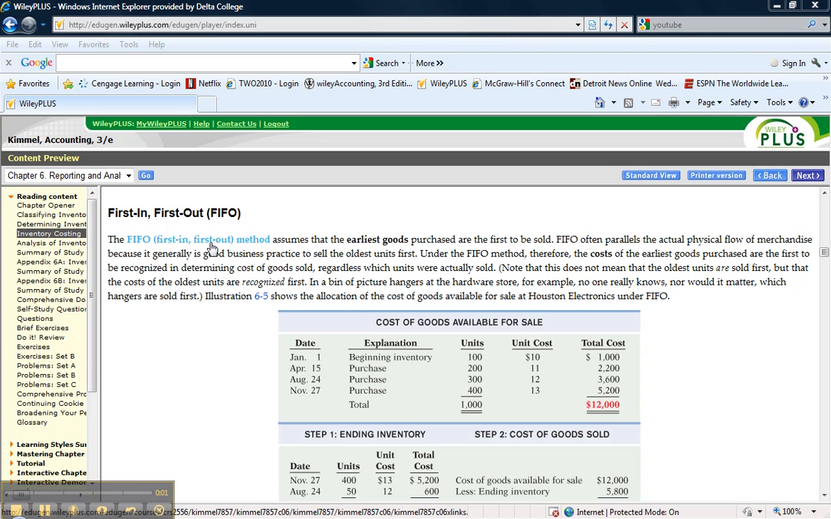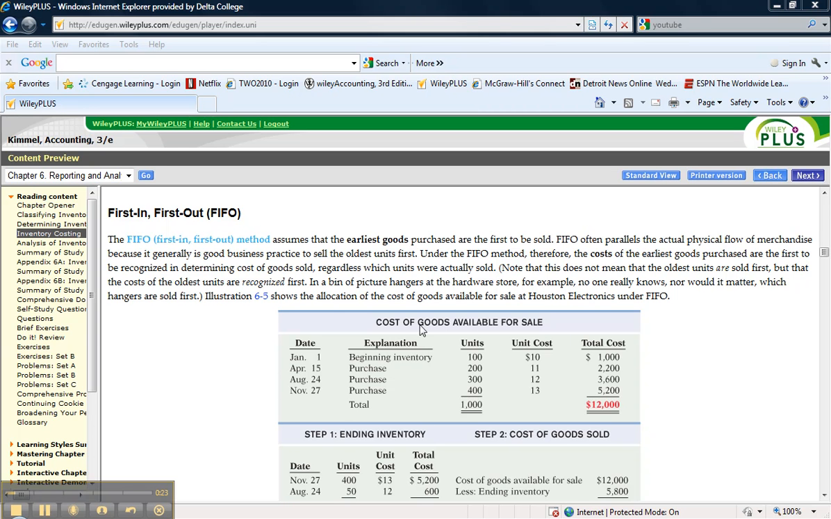The FIFO method, first in, first out, assumes that the earliest goods purchased are the first to be sold. So the earliest costs are going to be the ones that end up in cost of goods sold, and the later costs are going to be the ones that end up in the inventory account at the end of the period. And we just have to figure out where's the cutoff, because all of your costs of goods available, remember